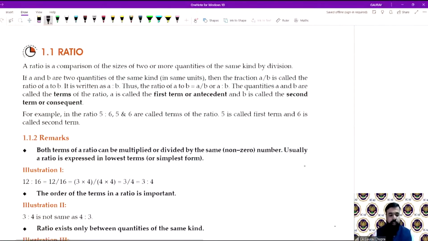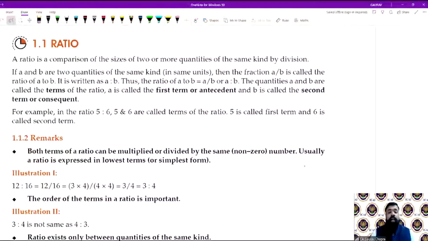As we have seen, the weightage of the chapter is around 1 to 2 marks, and now we have to see what a ratio is and how it is helpful in our practical life. If we talk about live examples, in our kitchen, whenever we are cooking something, we normally mix 2, 3, or even more ingredients, but we mix them in a particular ratio.